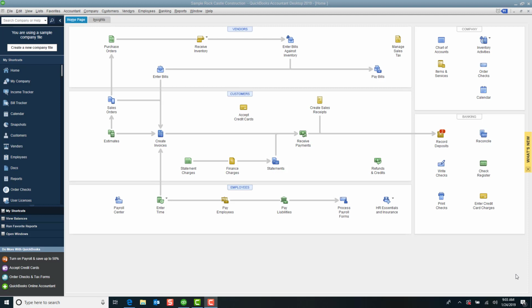And today I'm going to highlight the class feature in QuickBooks. So you might wonder, well, what is a class? It can be whatever you want. Some typical reasons that we use classes